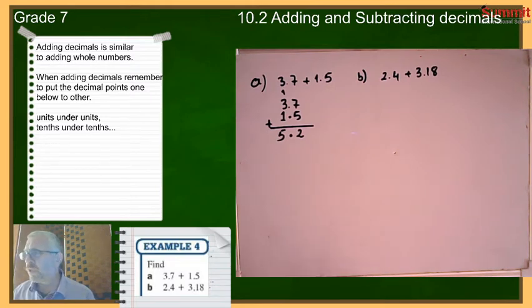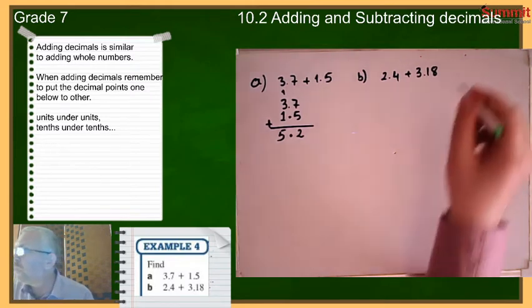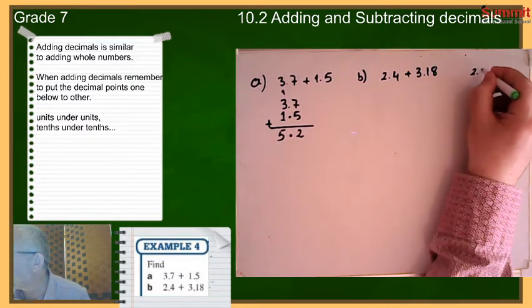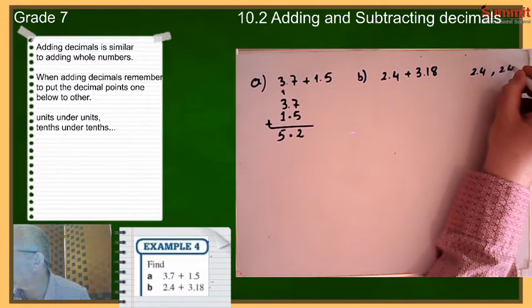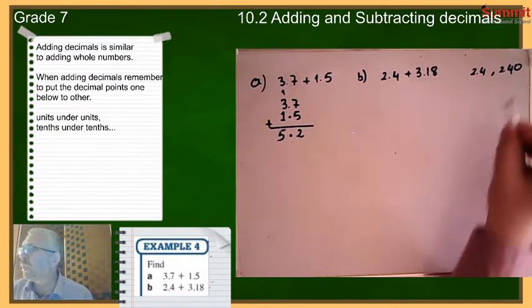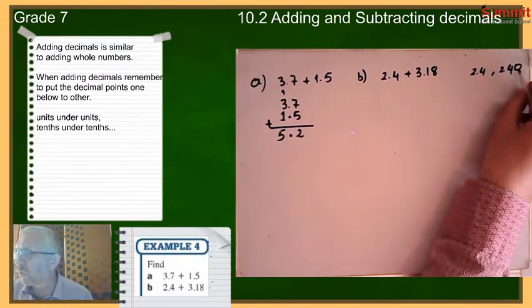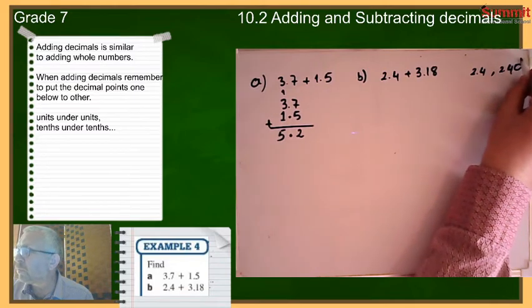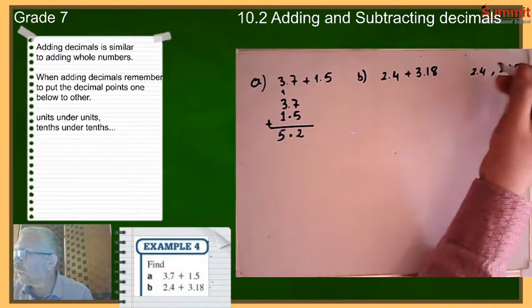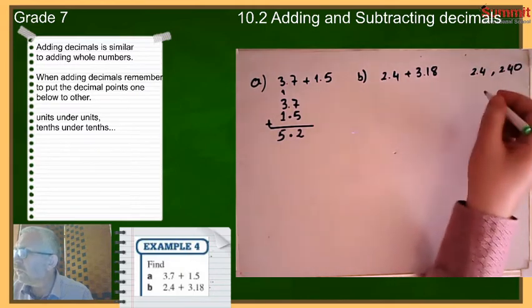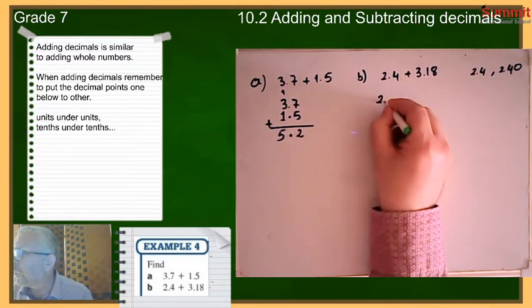Equivalent writings can be in this form. Instead of 2.4 I can write 2.40. What I did here, I put here a 0. Now the hundredths part is 0. I can write them in this form. It will be 2.40